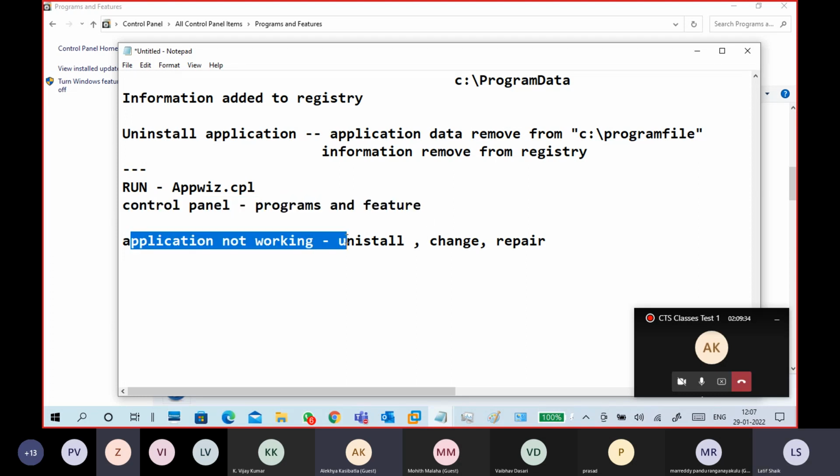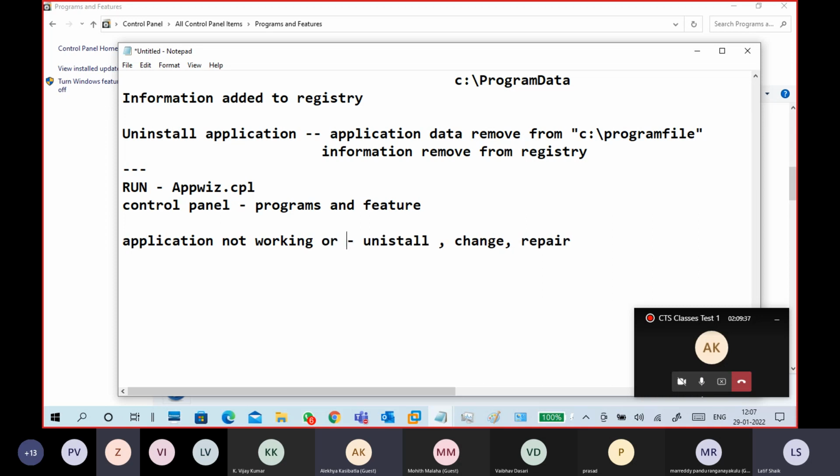If an application is not working, or you want to uninstall it, you can go to programs and features, then you can uninstall it or change it